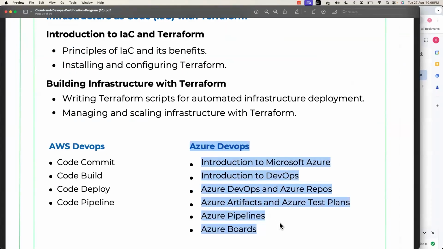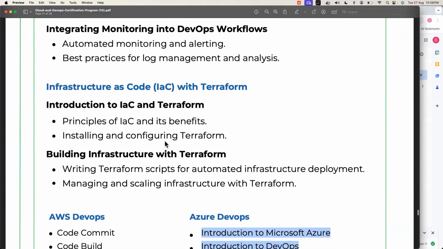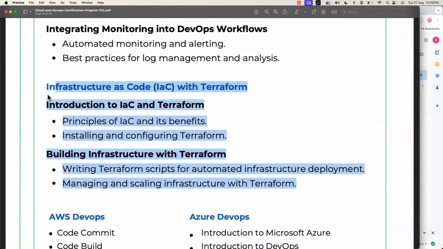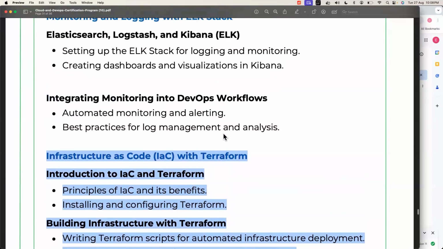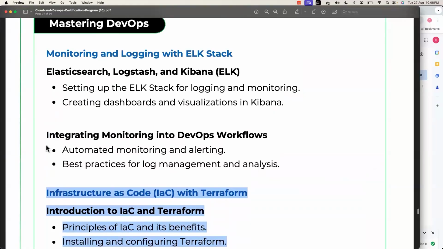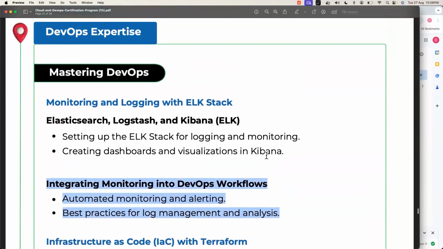Azure DevOps, it's optional, right? It is an optional one only. This will take at least 10 to 12 hours, right? Because you have to start from one. 10 to 12 hours means 1 week. And the alerting mechanism, EventBridge, and everything integrated like that, monitoring and automation. This is completely